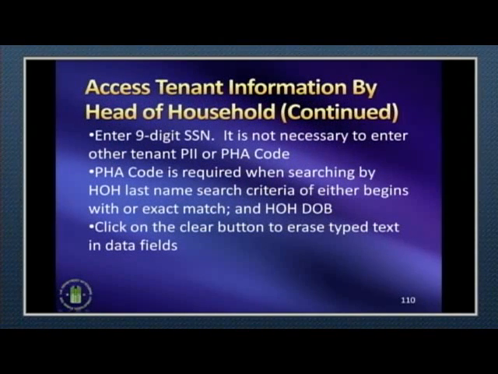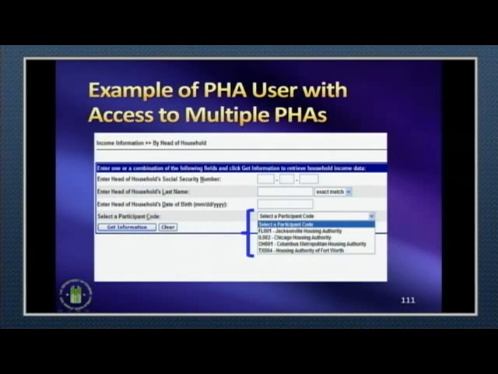So to access tenant information by head of household information, very simplistic. Enter the 9-digit Social Security number and click on the Get Information button. This option is available, but remember, work smarter, not harder. Just enter the 9-digit Social Security number, but for whatever reason, if you don't have the 9-digit Social Security number, simply enter the last name and/or date of birth and your PHA code to search for that information. And notice, if you happen to be an individual who works for multiple housing authorities, you can have multiple PHA codes assigned to your user ID